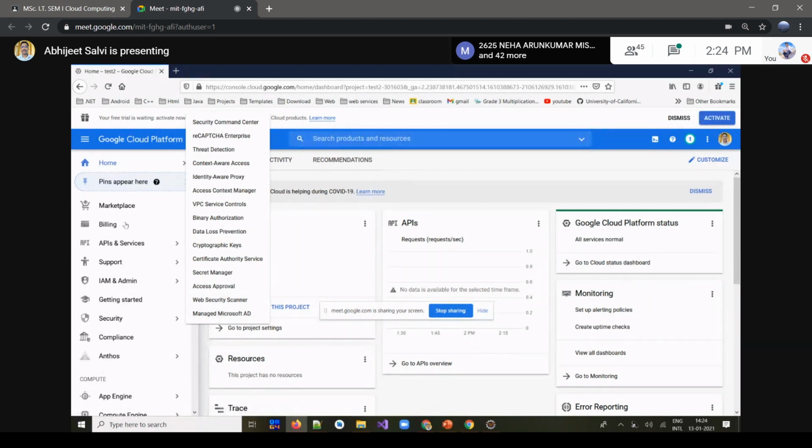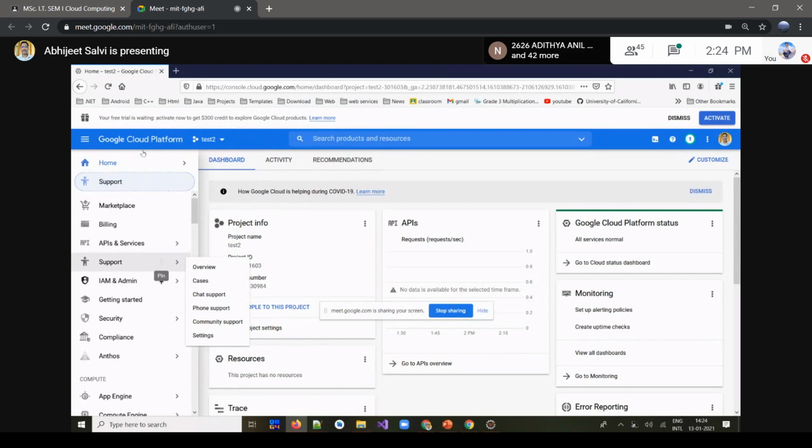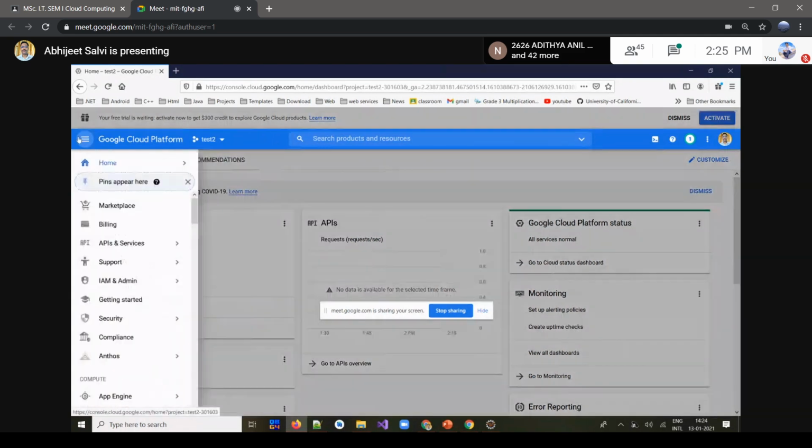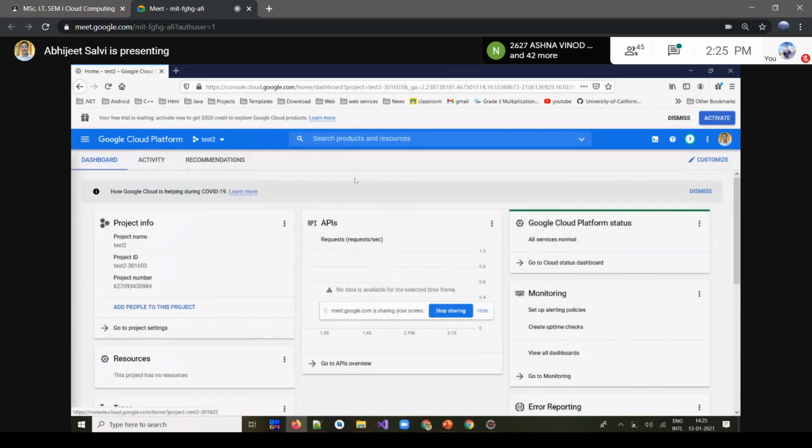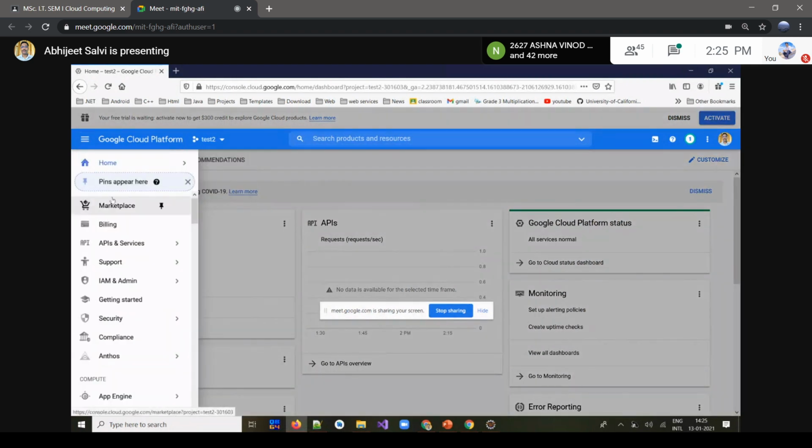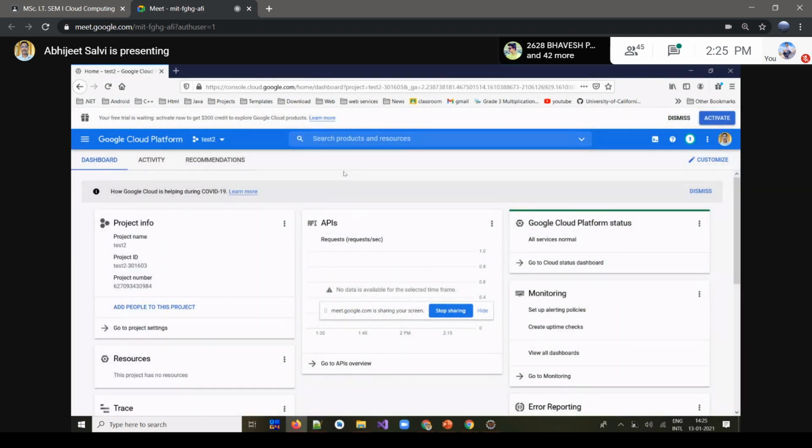So this is the navigation. You can go by the navigation if you like to go by number of options. Now, what we have to do in this is create a new project. So we'll create a new project here by selecting